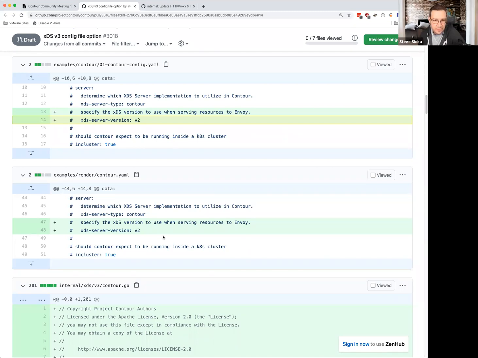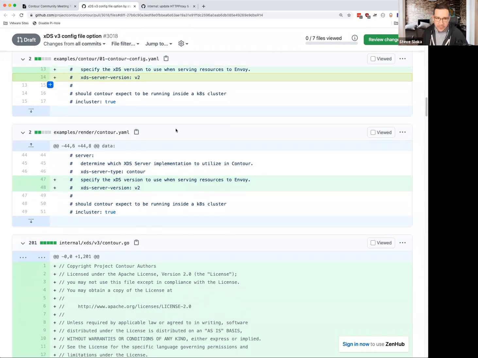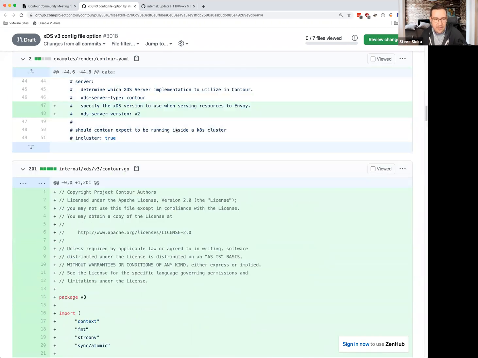Well, the version right now is still in a PR. It's not in yet because the code isn't all there for v3 yet, but the server type is in there. So on line 12 on Jonas's screen, you would change that server type to be Envoy, and that would switch and use the Go control plane implementation. Gotcha. Thanks. But it'll still use v2 XDS behind the scenes.